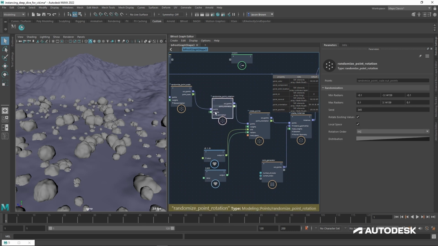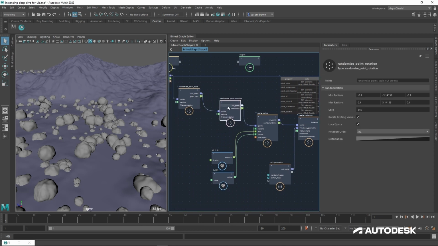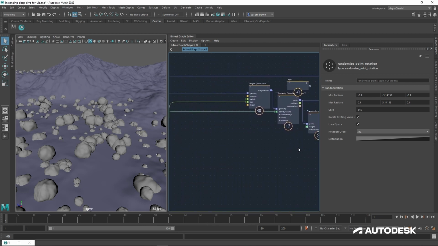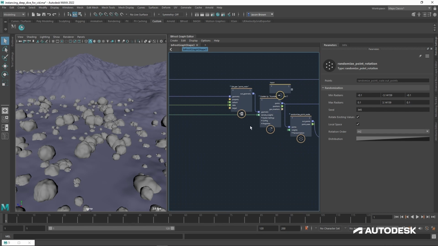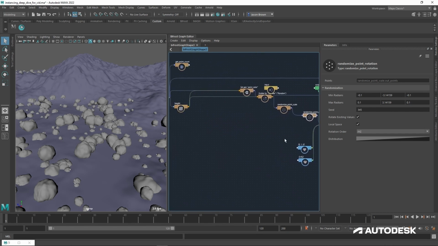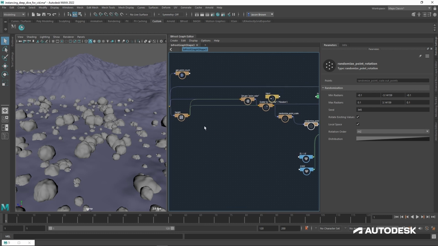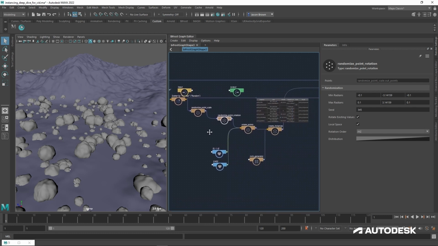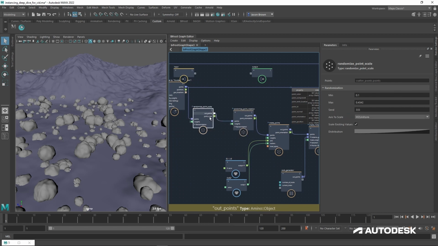But you can see that all three of these nodes, point scale, point rotation, and rotate points, have weights. And these work very, very similar to density weights. So we can, if we want to, and I think we want to, use our point scale here.